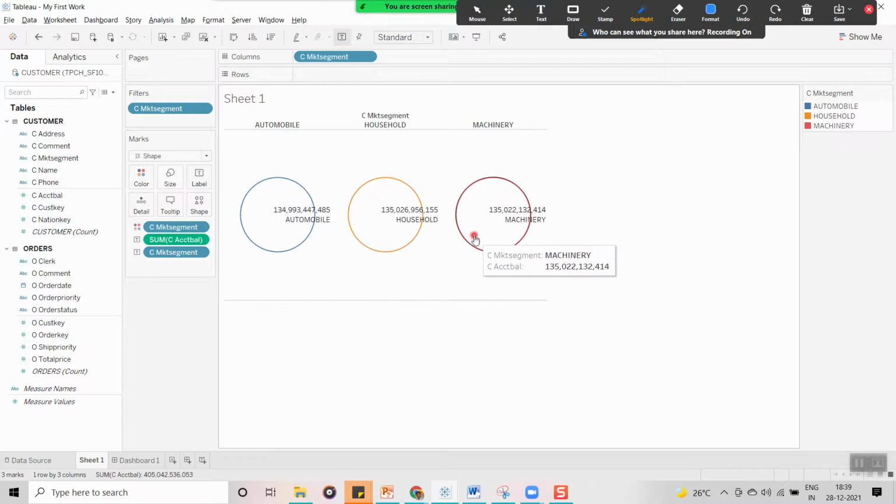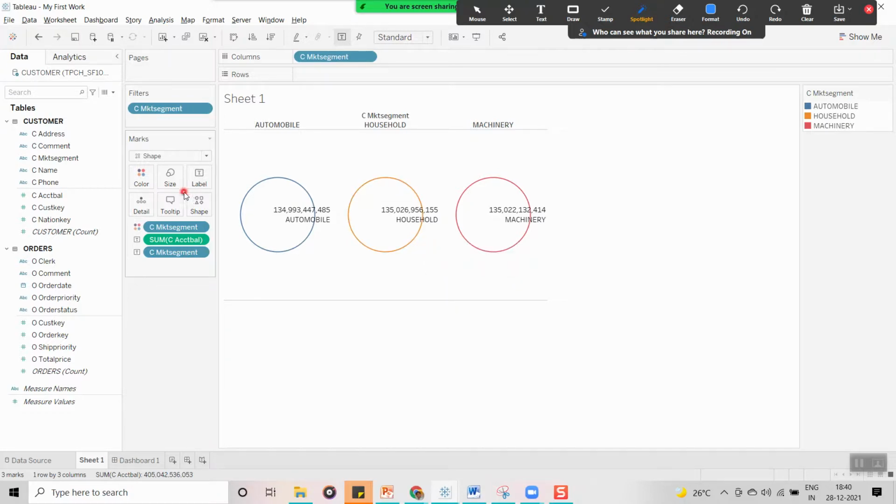Now you can see when I came out from the visualization, it is not displaying anything. When I hover the mouse cursor on top of the visualization, a text box appears, that is called a tooltip. In the tooltip you can show the values whatever you want. You can display the data which is going to help the business user. You may not be able to display all the data by using the labels, but whatever you want to display in the labels, you can keep everything in the tooltip just by dragging and dropping again into tooltip.